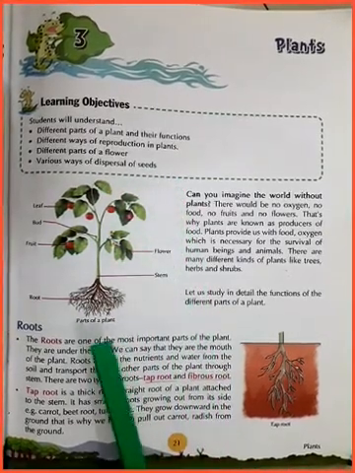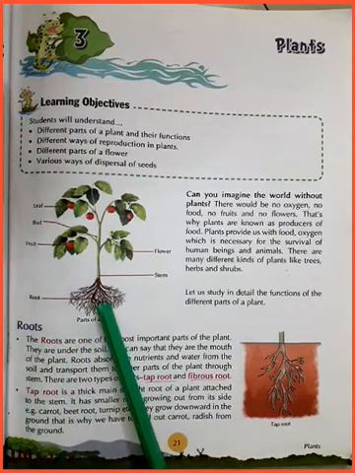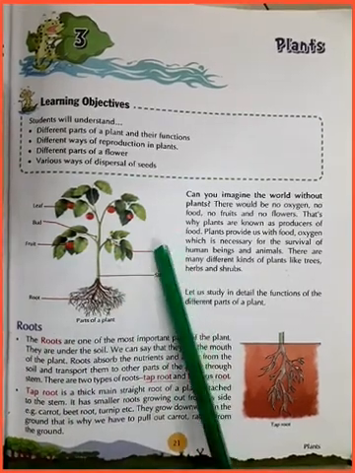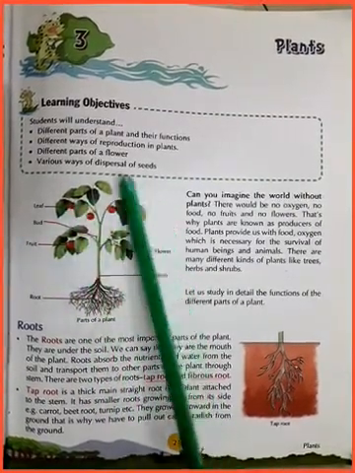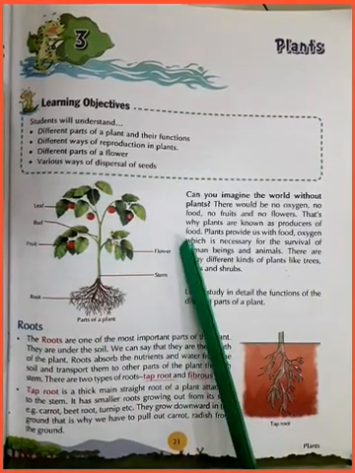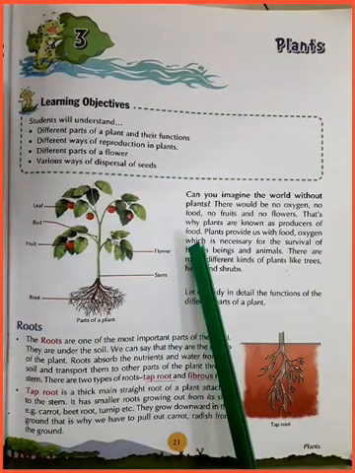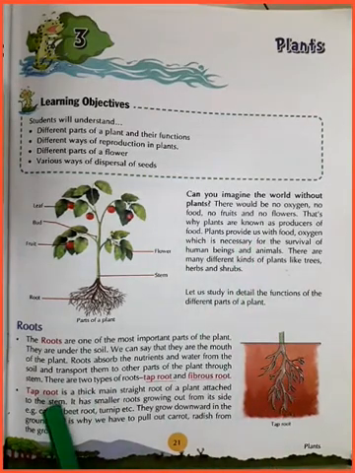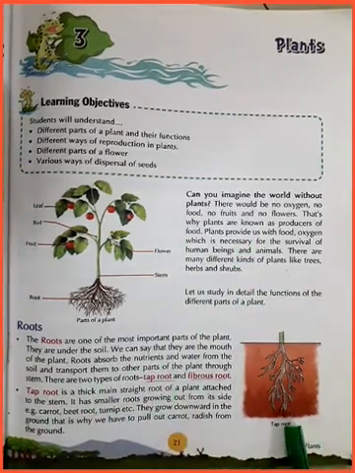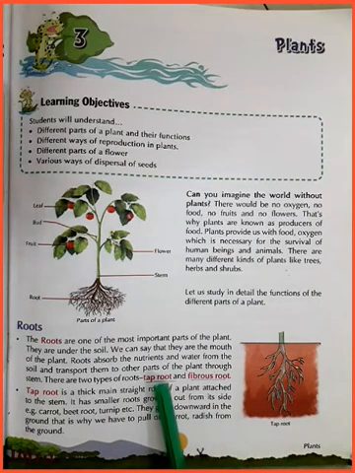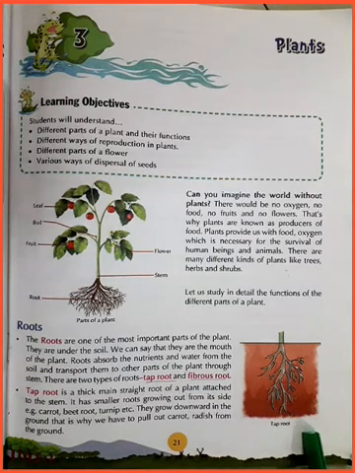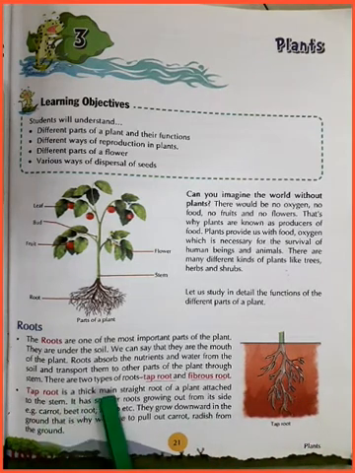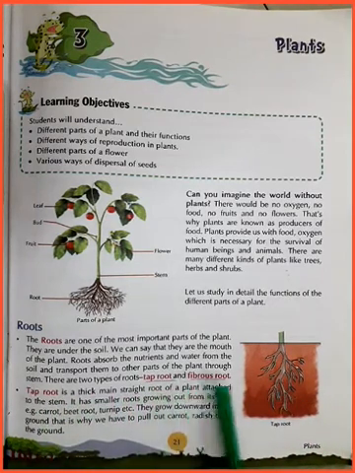So parts of a plant: here we can see there are roots, that is under soil, stem, flower, fruit, bud and leaf. You can see my previous video of parts of plant that I have already uploaded. Now there are roots. Roots are of two types: one is taproot, another is fibrous root. Roots are found under soil. Roots absorb the nutrients and water from the soil and transport them to the other parts of the plant through the stem.